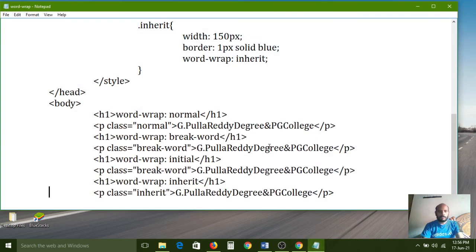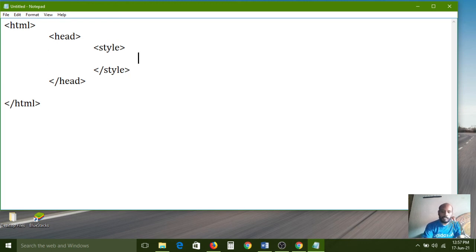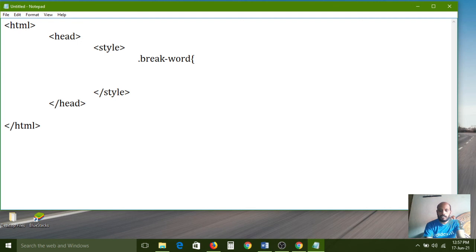So again, wait. Control N, HTML open and HTML close, and here head open and head close, here style opening and style close. So here the properties: dot break word, break hyphen word opening and closing.